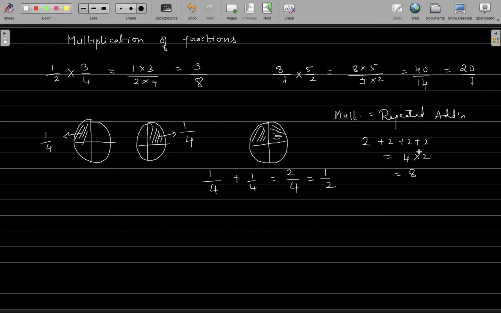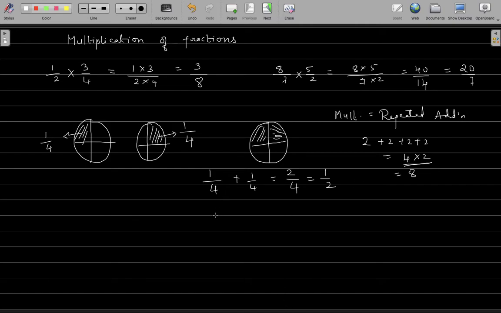So whenever we have anything with a multiplication symbol, what we mean to say is I am adding 2 4 times, or I am adding 4 2 times. You can consider it either way. But here 2 plus 2 plus 2 plus 2 means I am adding 2 4 times. That's why I write it as 4 into 2 or 4 times 2. That's where you get it as 8.